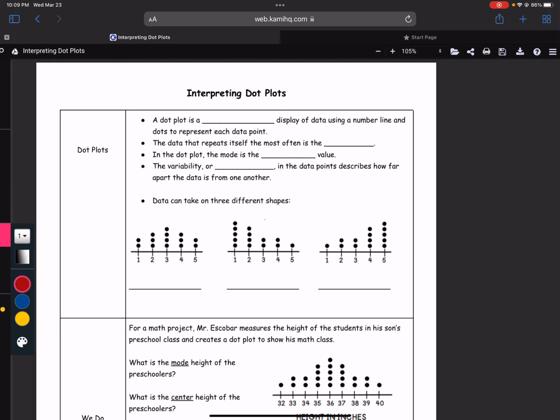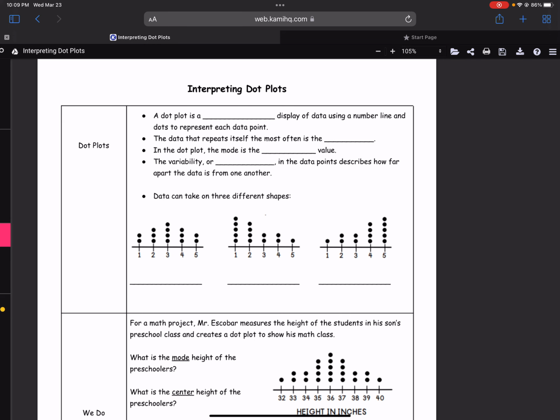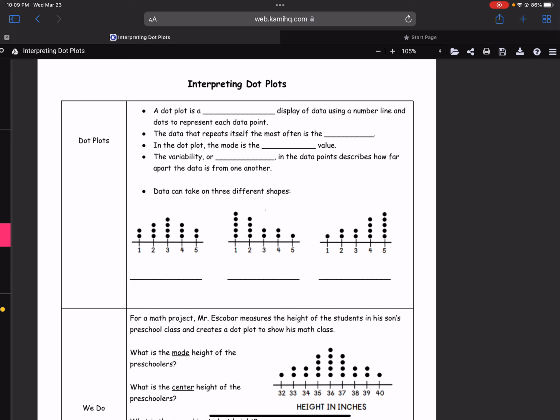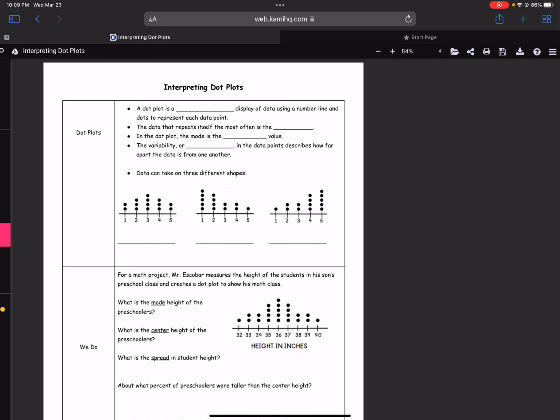Alrighty, guys. Now we are at interpreting dot plots, and let's jump right into it. A dot plot is a visual display of data using a number line and dots to represent each data point. The data that repeats itself the most often is the mode. In the dot plot, the mode is the peak value,